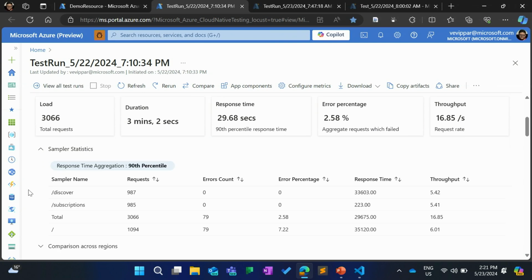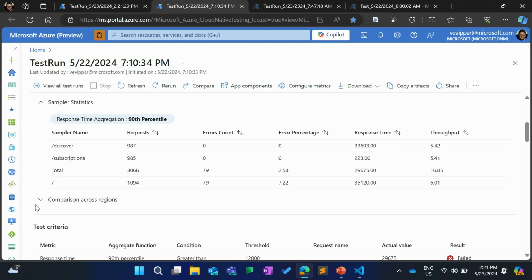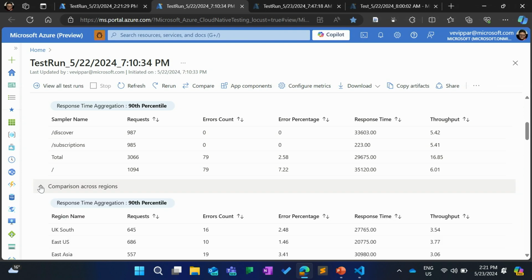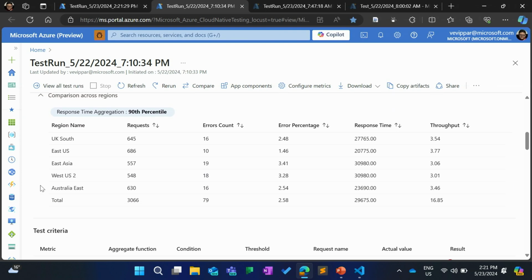We had a discover page, subscriptions page, so I can see the statistics across all of these individual pages. And because it was a multi-region load test, I also get a comparison of performance across different regions. So here I can see if my global audience is everyone experiencing the same performance, or are there differences?